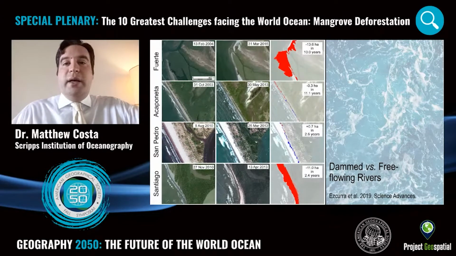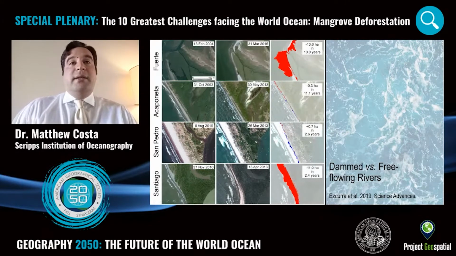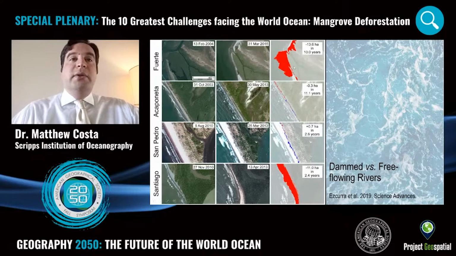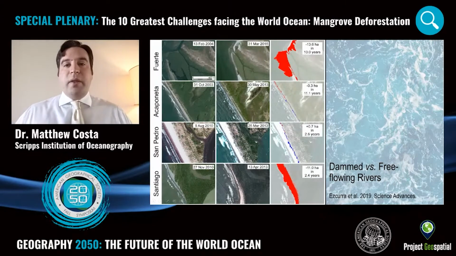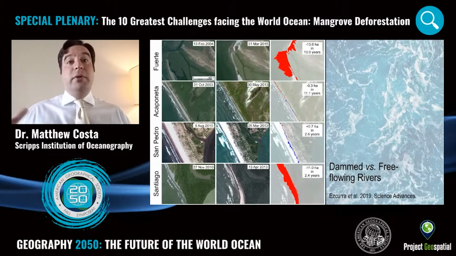In Mexico, they showed that we have 4 rivers here that go into the Pacific Ocean. The top and the bottom ones have hydroelectric dams many miles upstream, which as an unintended consequence prevent a lot of sediment from reaching the coast. As we see in this column, the red shows the area of mangroves lost from the delta on the coast over several years in the dammed rivers, whereas the undammed rivers have stable coastlines. So this is an example of how